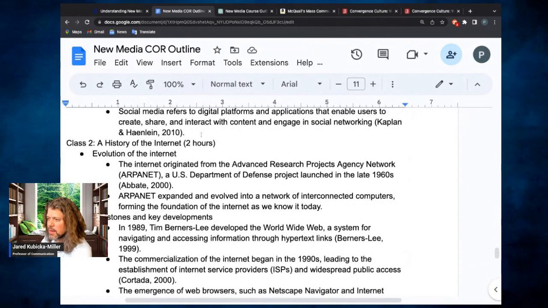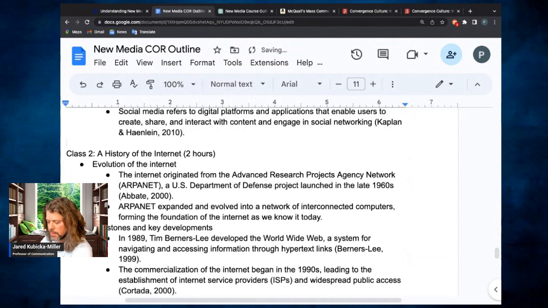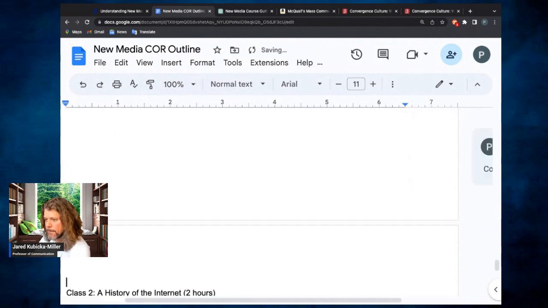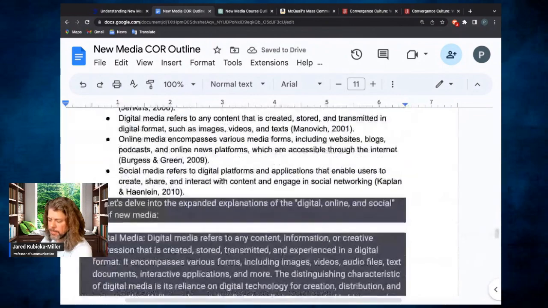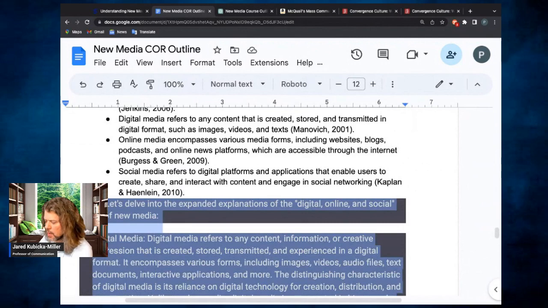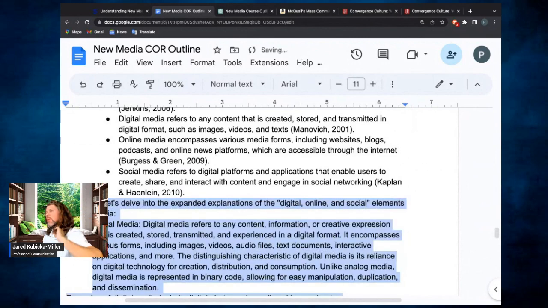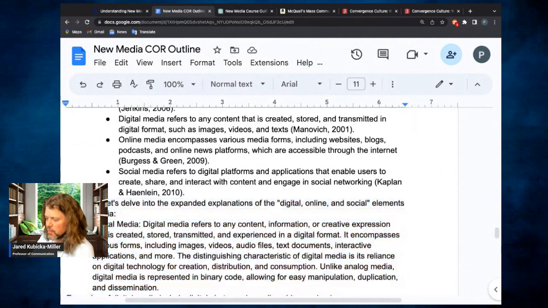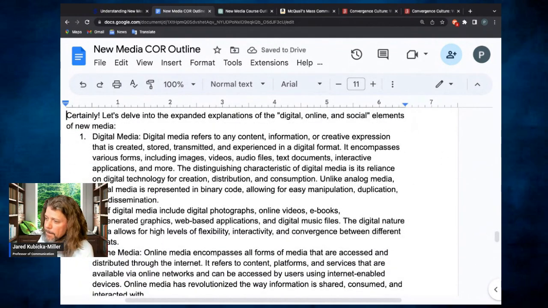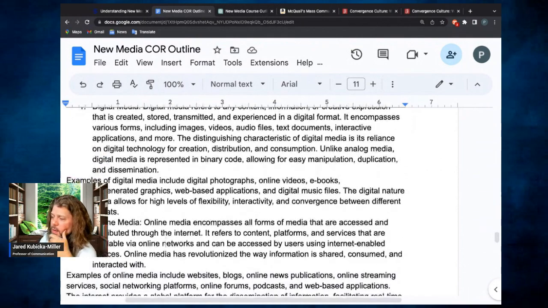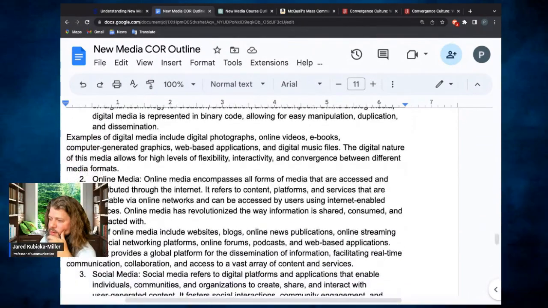I think I might do this here. Because what I want to do eventually is build this out carefully enough that I could start generating lecture notes and scripts, especially for video content that I can assign for viewing. Digital photos, music files, digital nature.